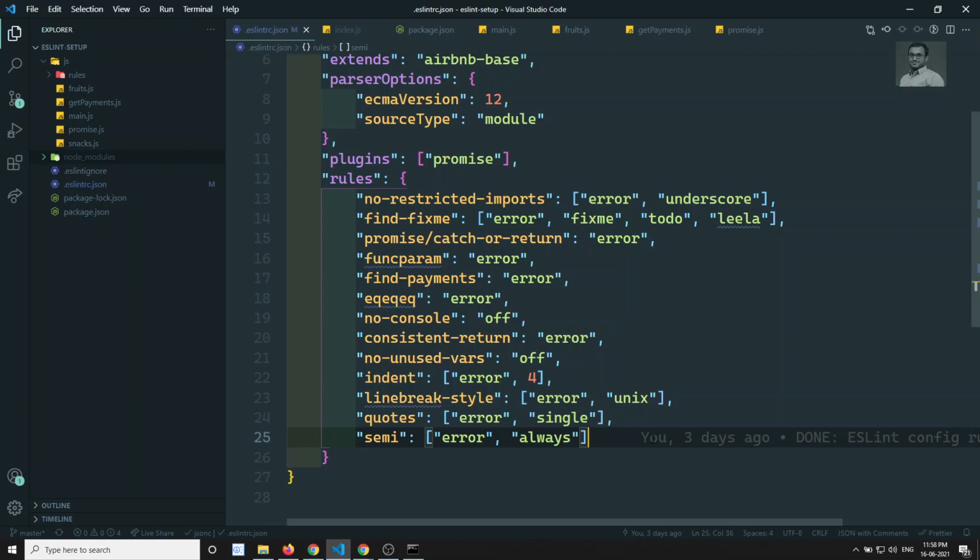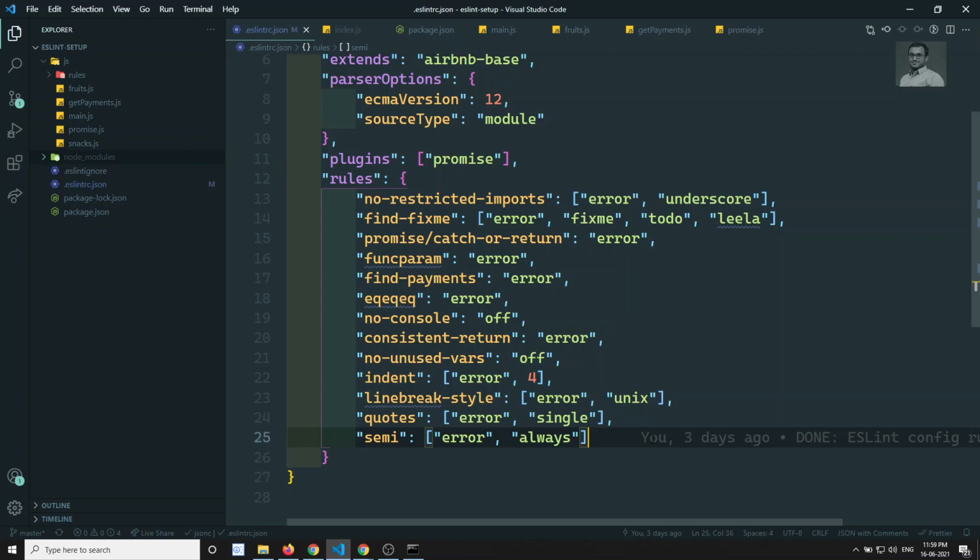Something like what we have seen in the npm packages like Airbnb. We will create a shareable config, and we will ask all of them to install that config and use it with extends, so that it will be applied in all the applications. Tomorrow if you want to add a rule for all the applications, you can just update that config file, so that all the people will take an update, something like npm install, right? So that is the reason.